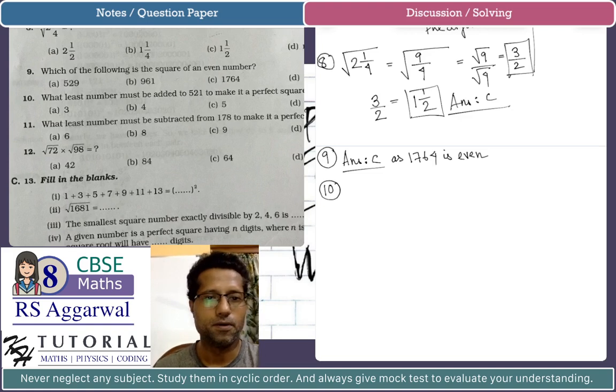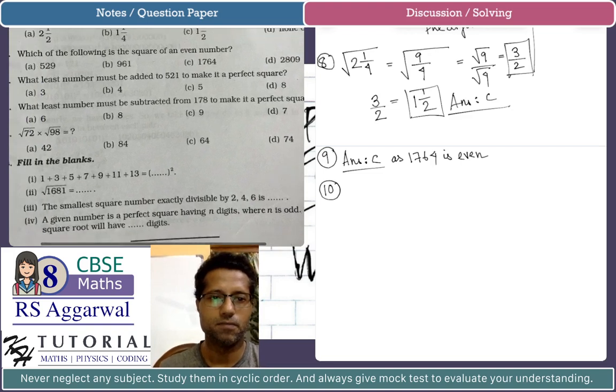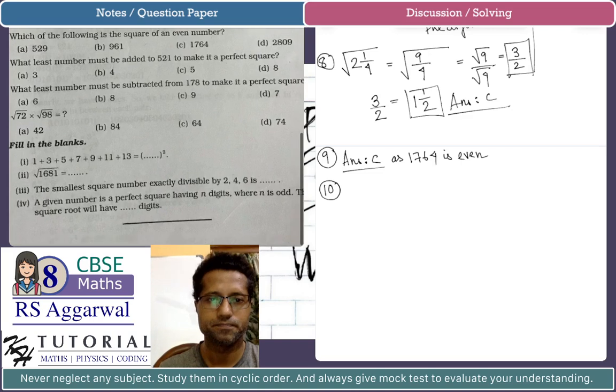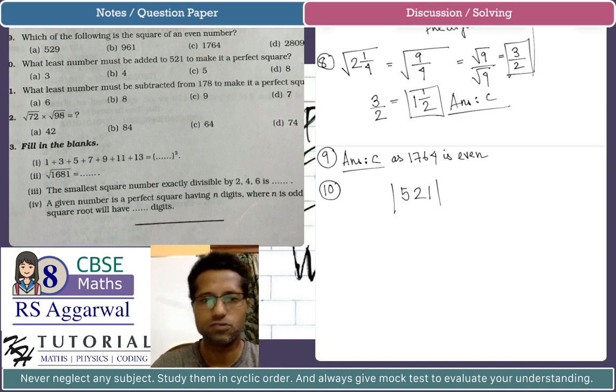What least number must be added to 521 to make it a perfect square? Okay. So we have to find the square root of 521 using the long division method. We have to perform the long division method to find its square root. So we mark the periods 21, 5,